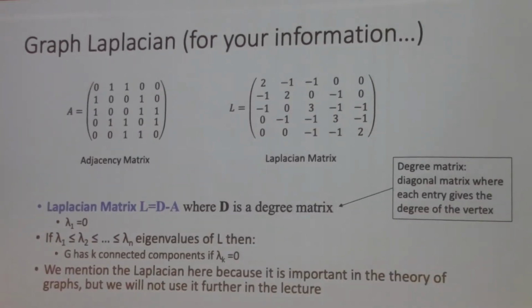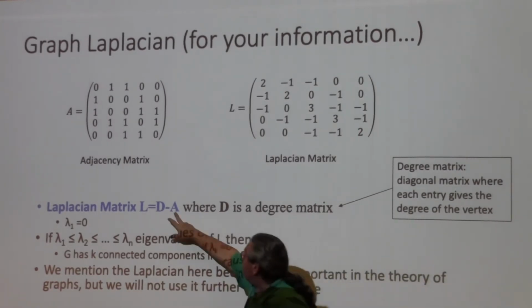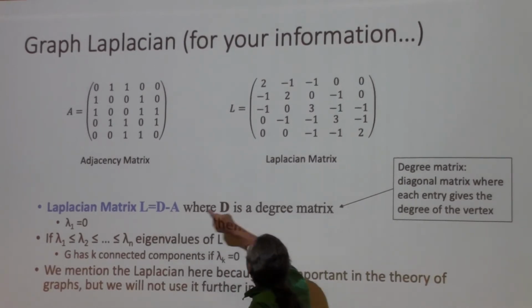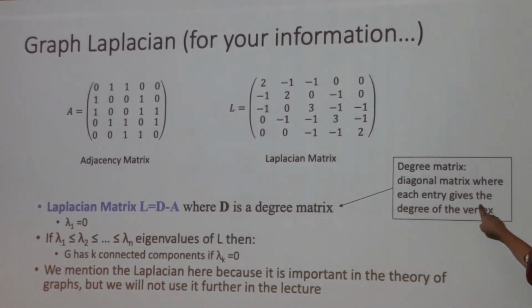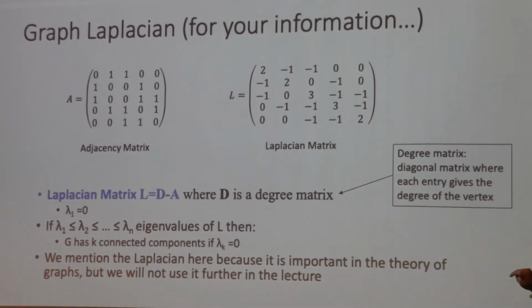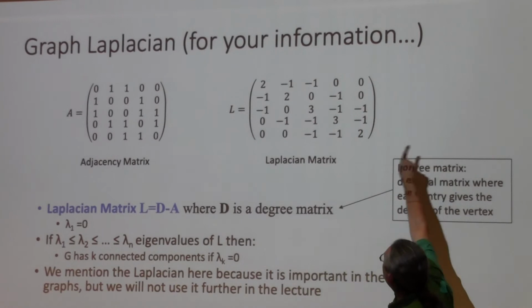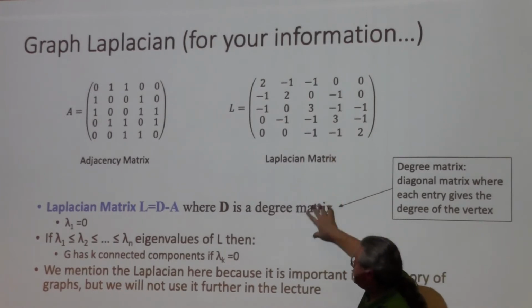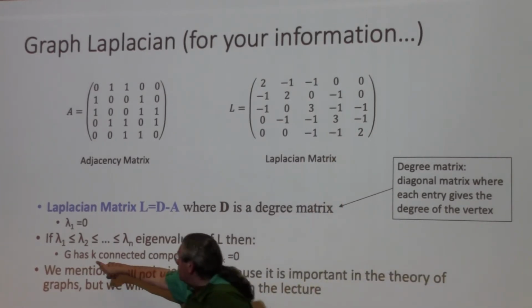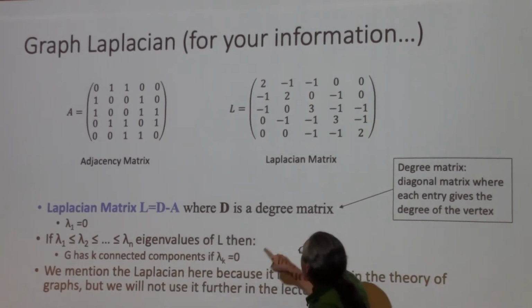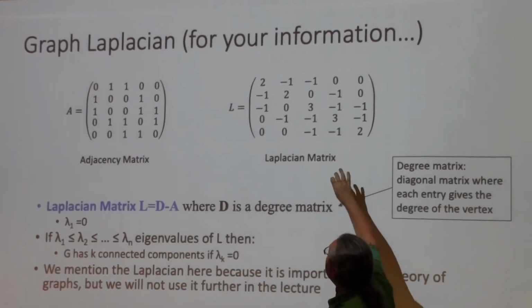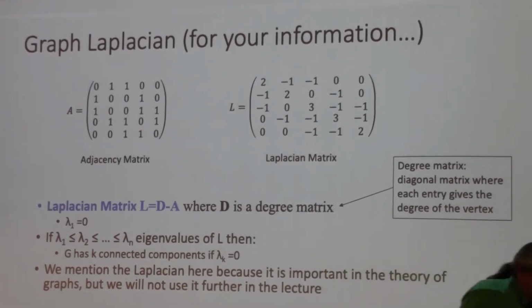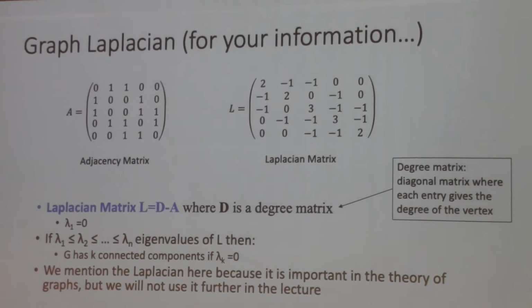Okay, this is a small detour. There's another kind of matrix called a graph Laplacian matrix. You take the adjacency matrix A, and you do D minus A, where D is a matrix where every diagonal entry gives the degree. This gives you a funny matrix, and the sum of all the rows and columns is 0. Okay? And this is a funny matrix because you can say G has k connected components if lambda k is equal to 0. Okay, so this Laplacian is sometimes important, so I mention it, but we're not going to use it in the rest of the course.